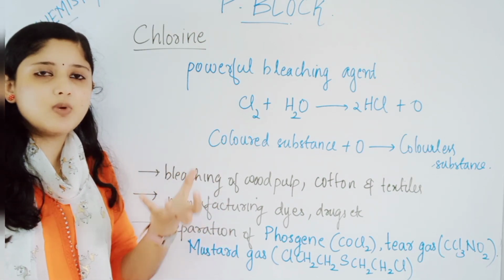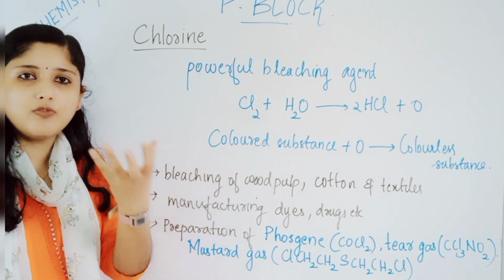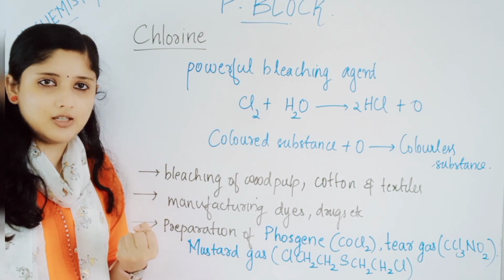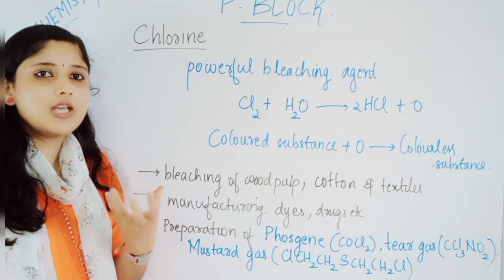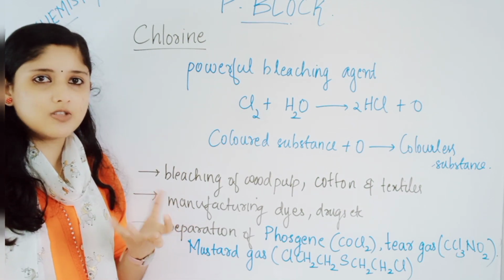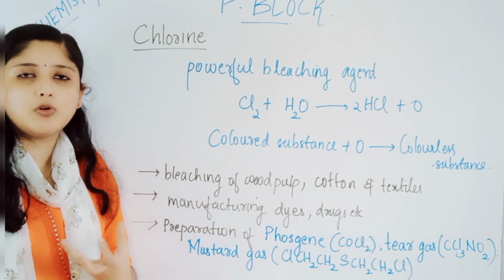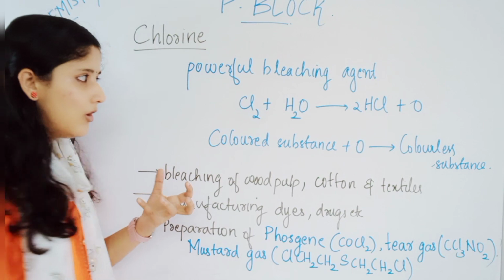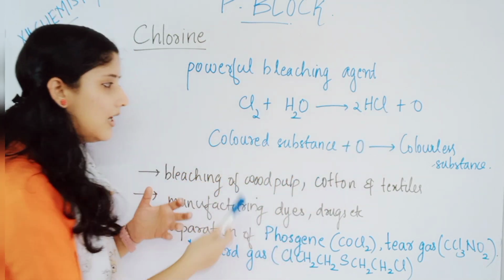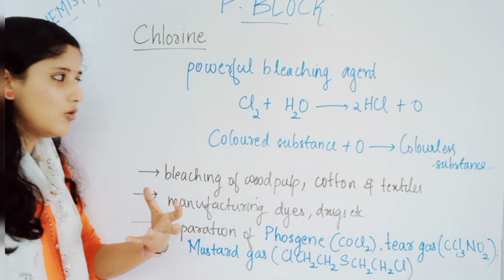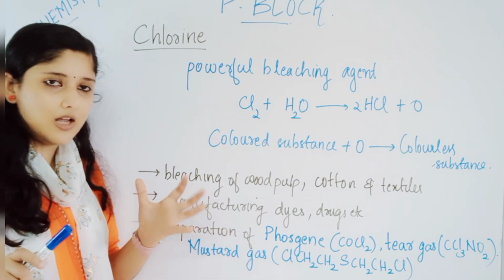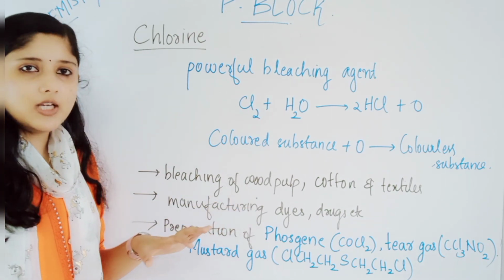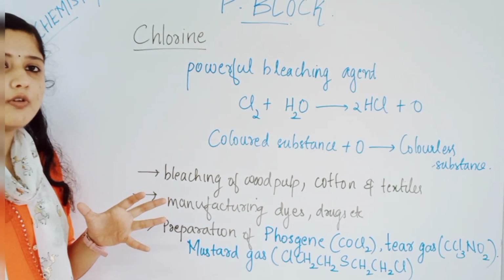Chlorine gas, when it is kept for some time, loses its yellow color. Why? Due to the presence of HOCl, hypochlorous acid, and HCl. This HOCl is responsible for the oxidation reactions, and nascent oxygen will also be produced there. Thus, nascent oxygen is responsible for the color change. This nascent oxygen that is formed will react with the colored substance and you will obtain a colorless substance, or its color will be gone. Last, after the main properties, what are the uses of chlorine.